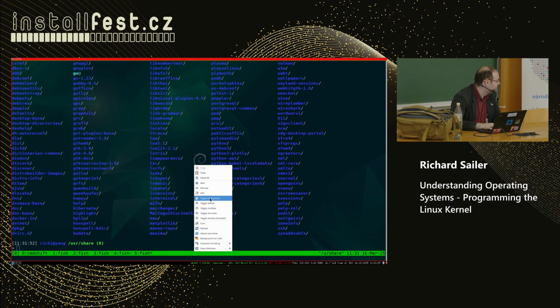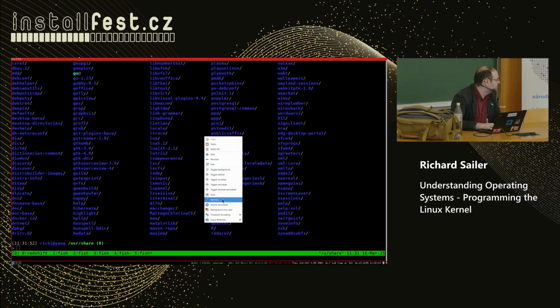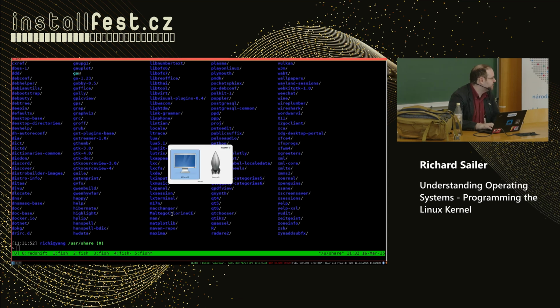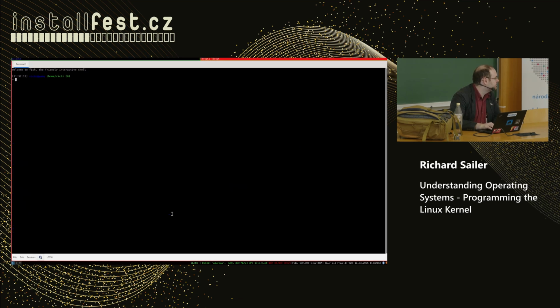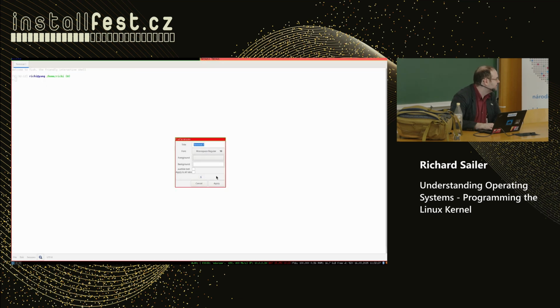Like, no. Gosh. So it seems this tint. Let me look if I have another. Do I have terminate? What is termit? Does that work? It looks kind of better. Ha!